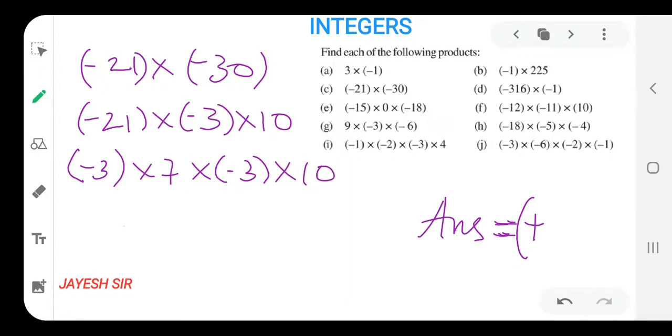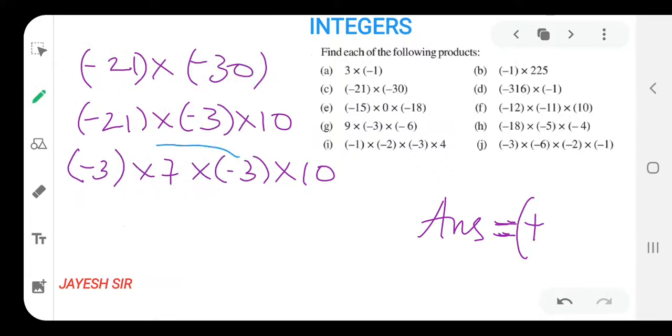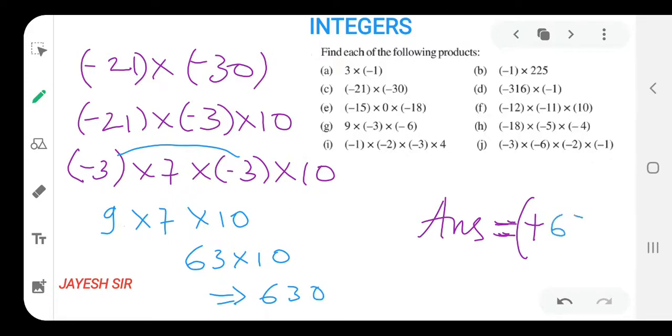First thing, let us see how we are going to solve it mentally. Minus 3 into minus 3, so our answer would be 9. I have written it over here. And what are left? 7 and 10 are still left. Now I know 9 sevens are 63, and then multiplication with 10. And we all know how to multiply with 10, friends. So our answer is 630. I hope you all might be getting it. That's very easy, friends. And after practicing a lot of sums, you would be able to do it in your mind only. You don't need to use pen and paper for that.